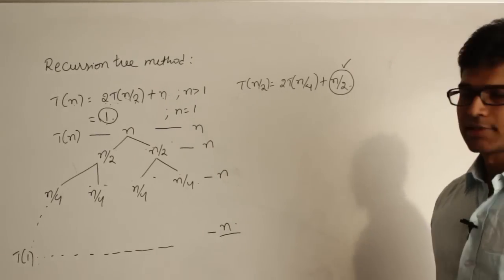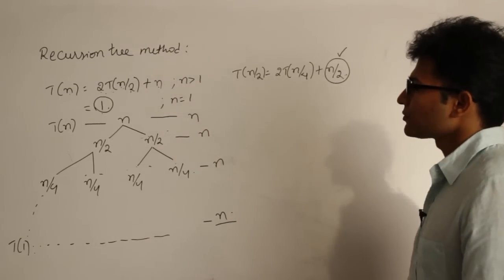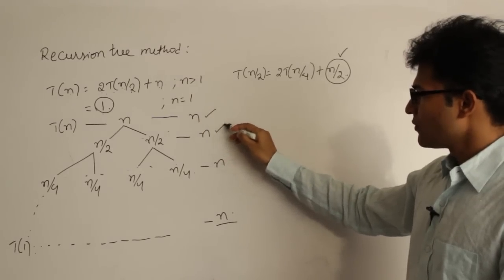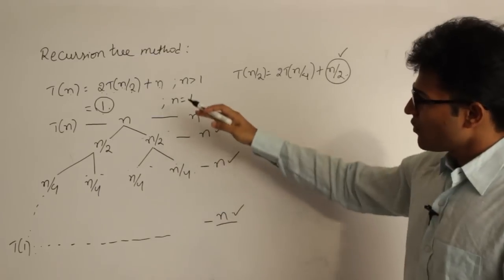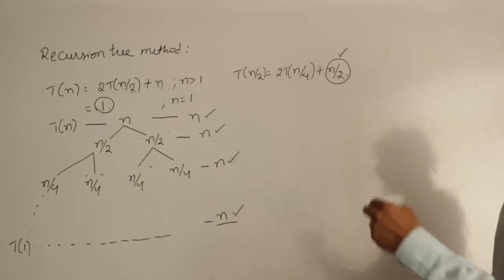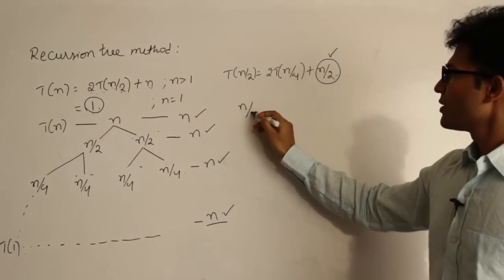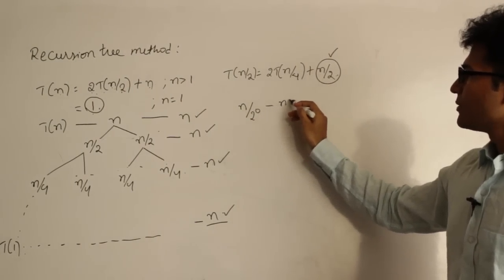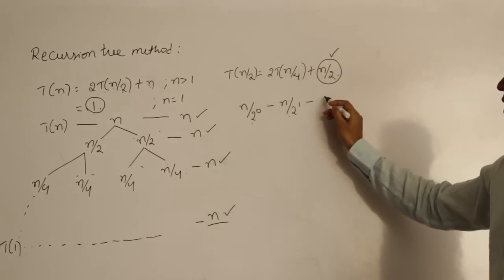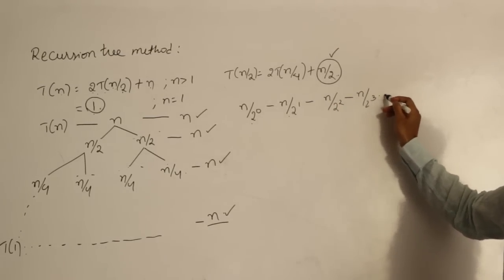Now what is the total amount of work? We have to add all these n's, right? So now the question is, how many such n's are there, or how many levels are there? Let's see how many levels are there. We know that at every level work done is n, then the total work done is n into total number of levels. Now we have to count the total number of levels. Let's see the way in which the tree is shrinking or the tree is growing. Initially it is n. I can write n by 2 power 0, and then it is n by 2 power 1. This is first level, and at second level it is n by 2 power 1, and then it is n by 2 power 2, and then it is n by 2 power 3, and so on.